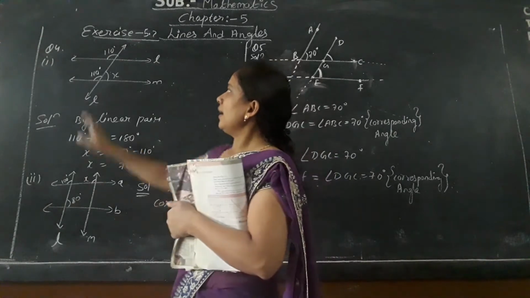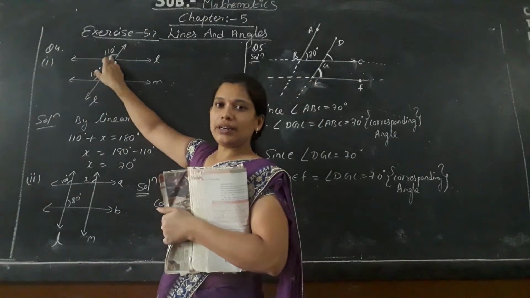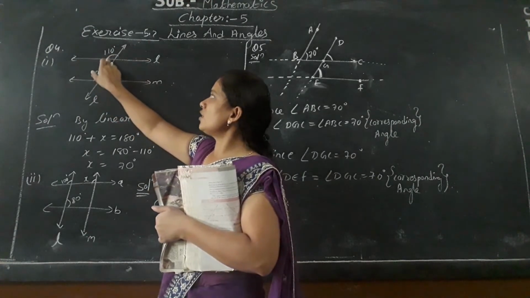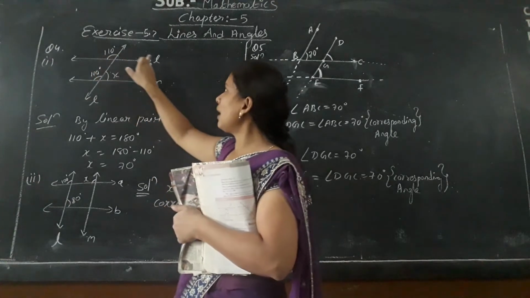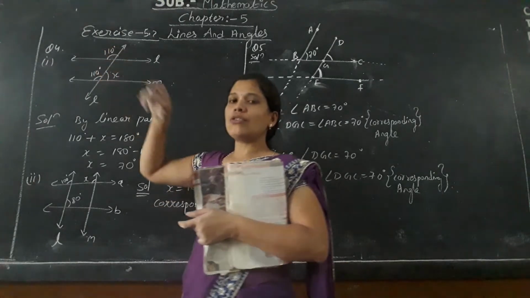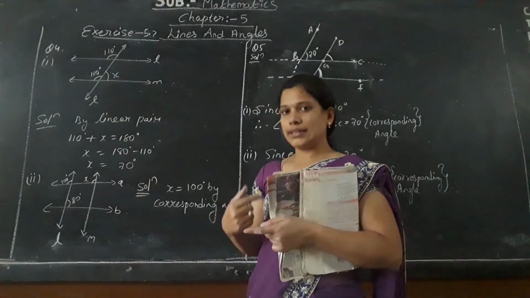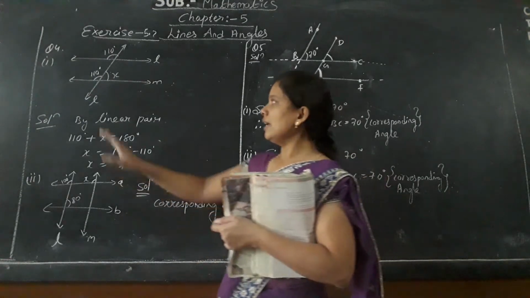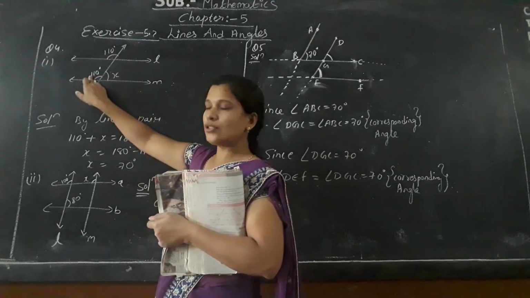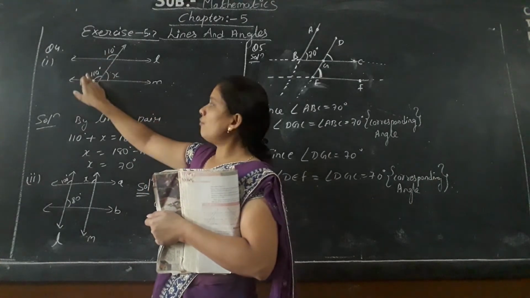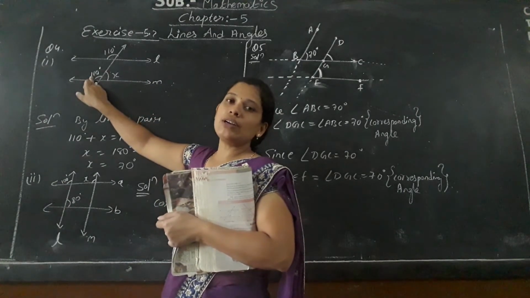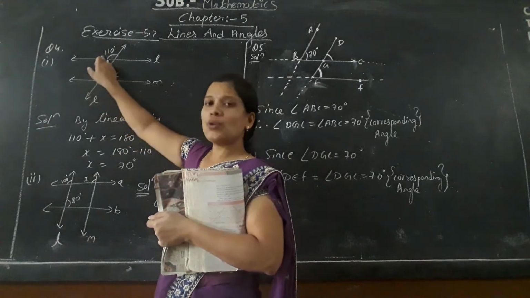Now you can say that here angle 110 is given. Look at the figure. Here this angle, which is made by the help of a transversal on line L, is 110. So what is corresponding angle? One of the corresponding angle is interior, another is exterior, and present on the same side of a transversal is said to be a corresponding angle. So if this is 110 degree, obviously this one will be also equals to 110 degree. Why it will be 110 degree? Because both are corresponding angle.